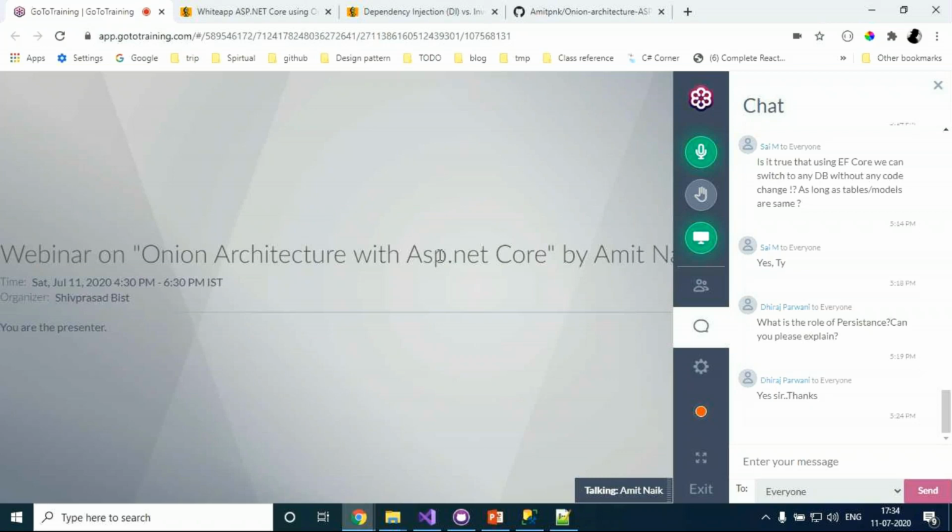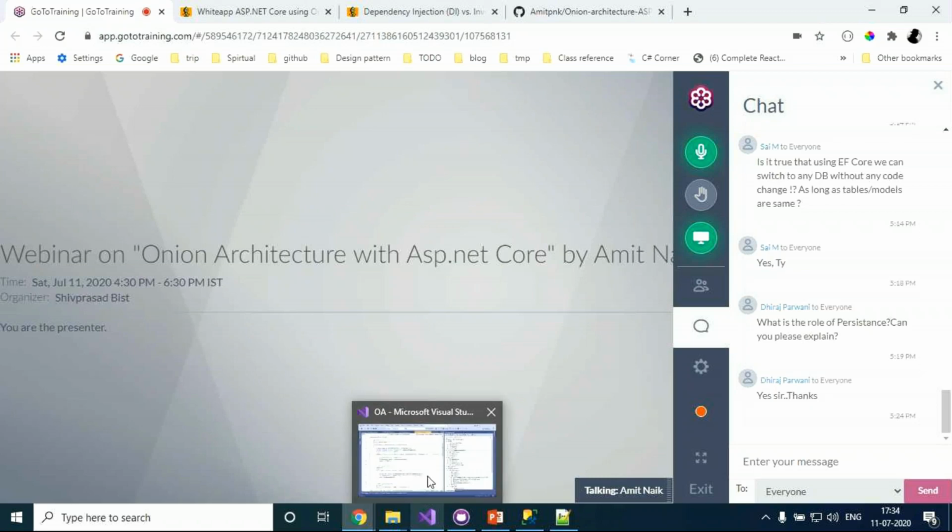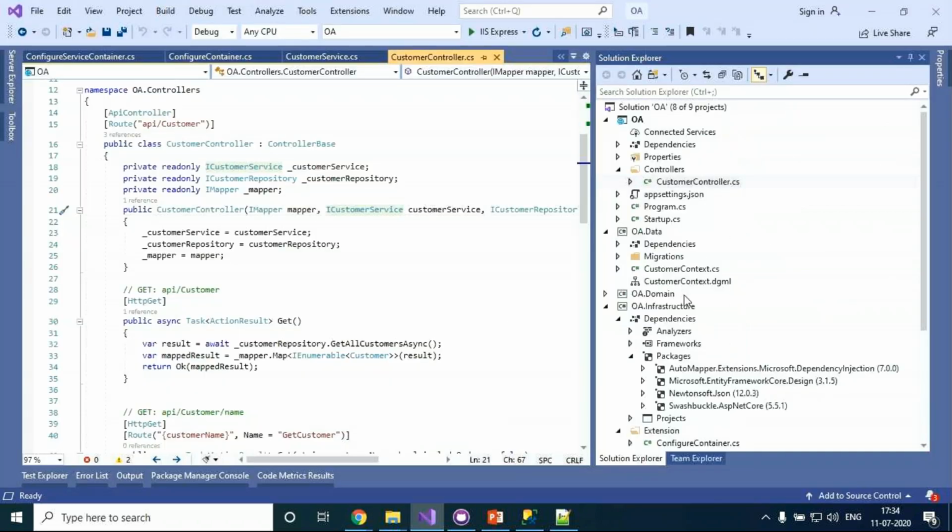And regarding your question about using logging in all the features, there is a small drawback in the onion architecture. That's what clean architecture addresses, where they implement a cross-cutting layer that can be used all over the project. But in onion architecture, for example, if you want to use a logging file, it will be implemented in the infrastructure layer, and if you want to use that logging file in your persistence layer, it's not possible. We can use it only in the infrastructure layer and the presentation layer, meaning the API itself.